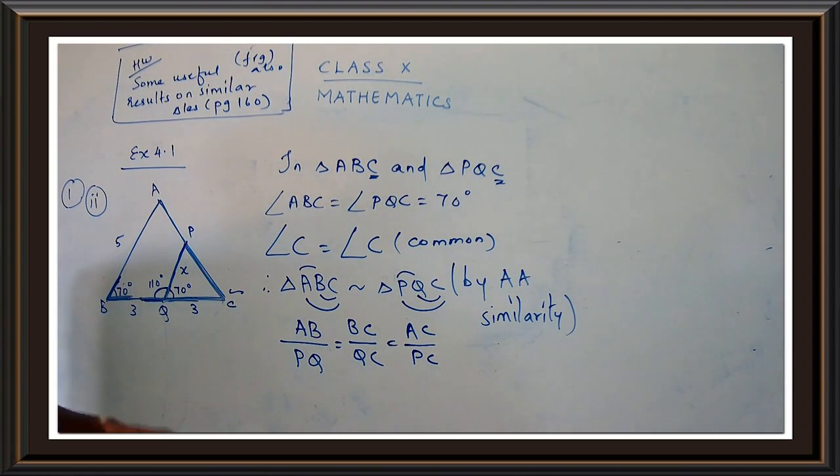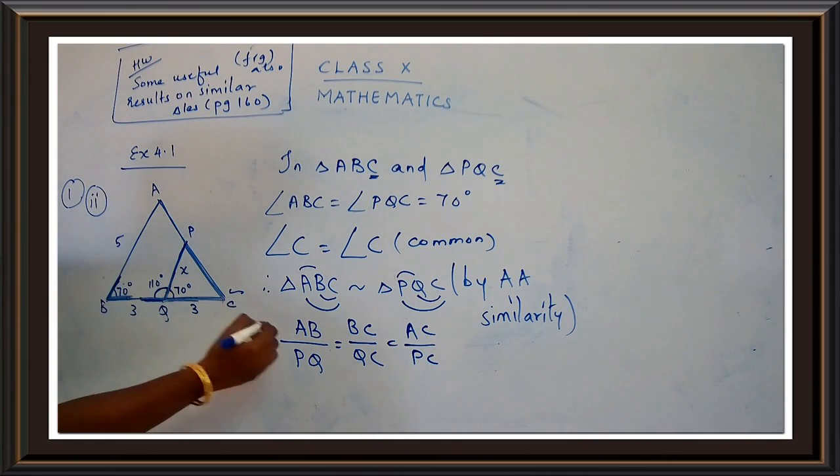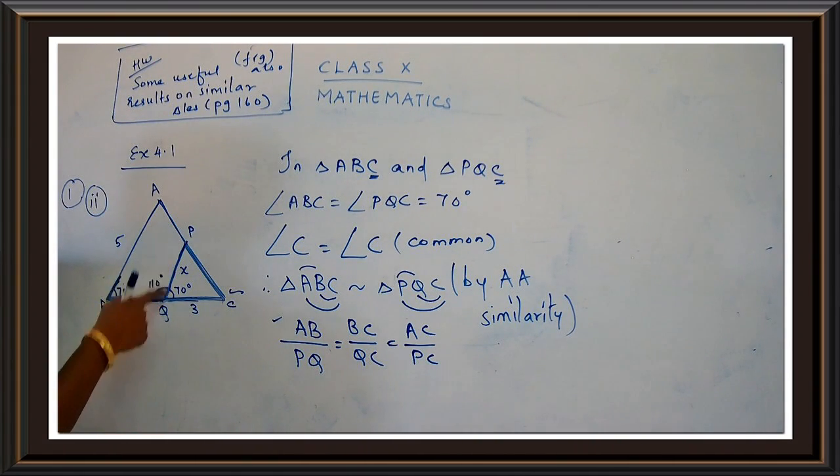Okay, now we are just going to choose the proper proportions over here, because we have to take the values which we know, where we just cannot proceed with the unknown part. Okay, so here just check which values we know. I know the value for AB. Okay, PQ is what we have to find out. Yes, that is X. That is what we have to find out. I have told you that if we are proving the triangle to be similar, we can go for the second part. That is, we can go for finding the value of X. So we will be taking PQ also.